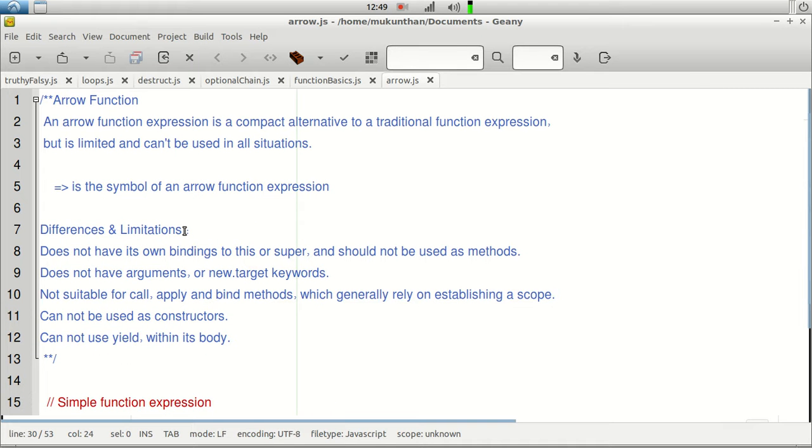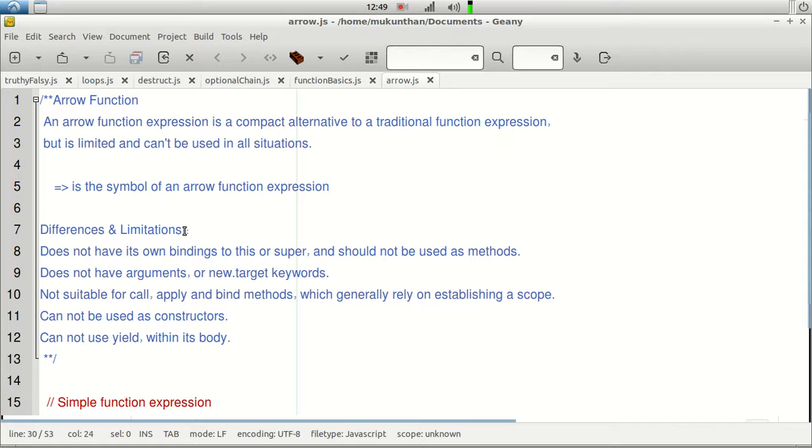Arrow function does not have any special kind of definition other than the normal traditional function expression. The only definition you can get about the arrow function is that it is another way of creating the function expression, but it will be very compact and concise code. And it has some limitations, such as you cannot use the super keyword, this keyword, arguments, call methods, apply methods. However, we have not seen this topic so far, so we can just keep it away. We will see it later.